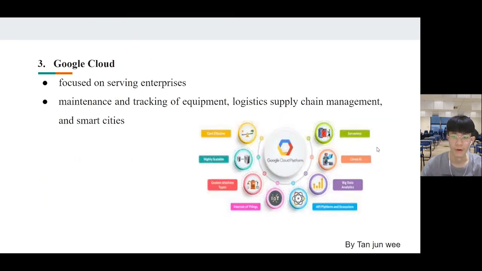For Google Cloud IoT, its scope of service is smaller than AWS and Azure. The main functions of Google Cloud IoT are maintenance and tracking of equipment, logistics, supply chain management, and smart cities. It also offers computing capabilities for artificial intelligence and machine learning.